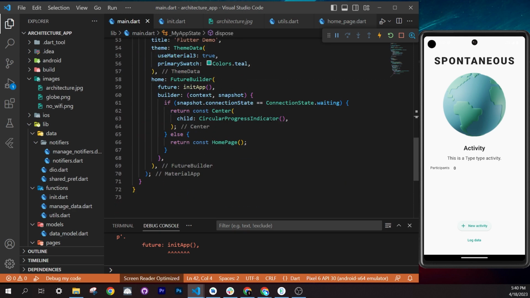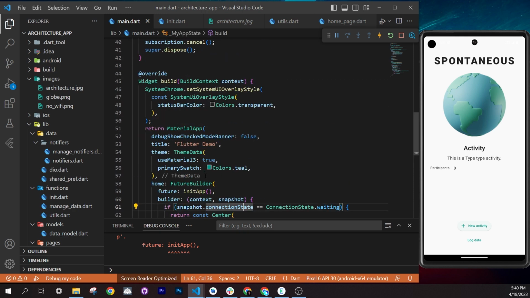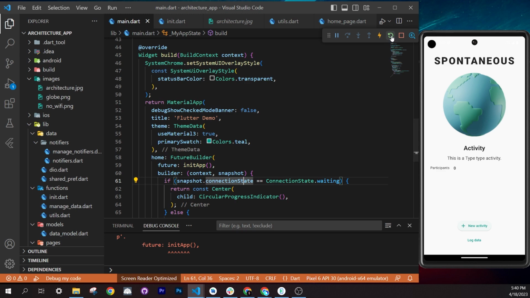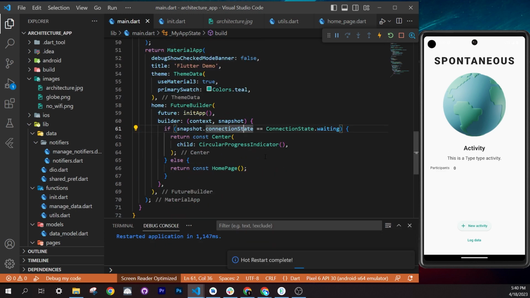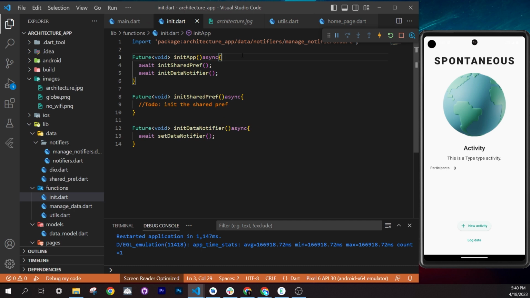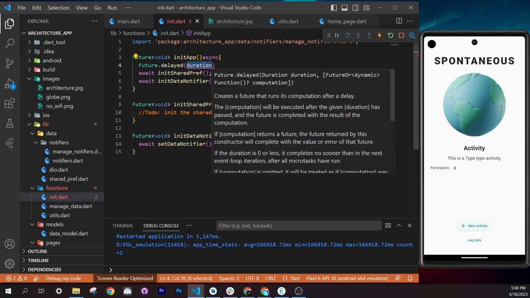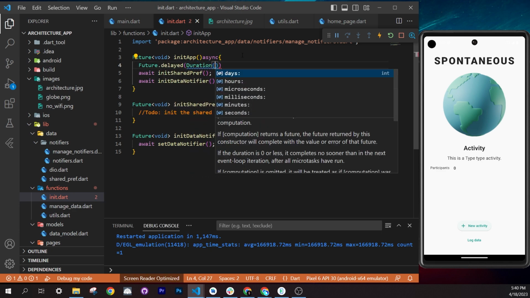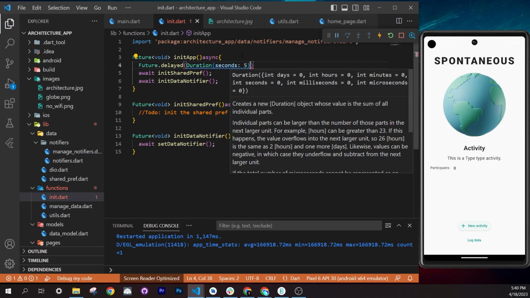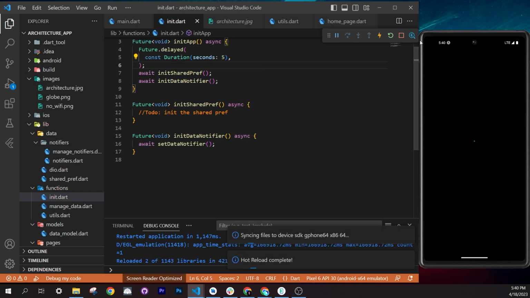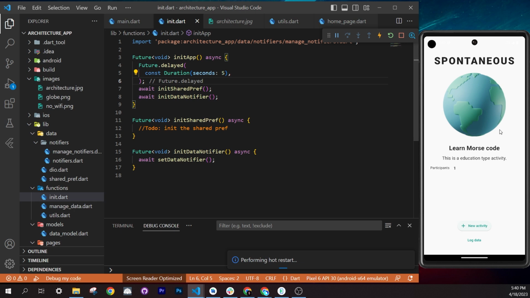Okay, so we have the import and now we have the future builder. If we restart the application, we should be able to see the loading screen, but it's so fast that we don't see it. But if we go inside the init app and create a simple Future.delayed with a duration of like 5 seconds, you will see that if we restart the application, it will load for